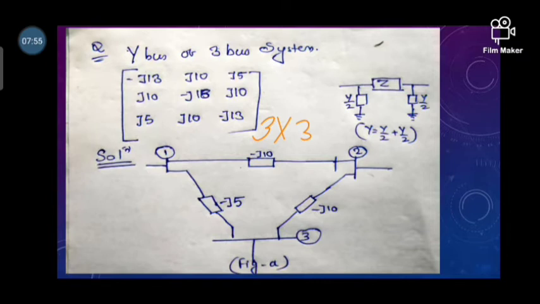So first we have to draw the line diagram of that. This is your line diagram, figure A. The question does not mention the category of the transmission line, whether short, medium or long transmission line, but we have to know the concept. It is asking only about finding the shunt parameter, that is, in which network the shunt parameter will form.